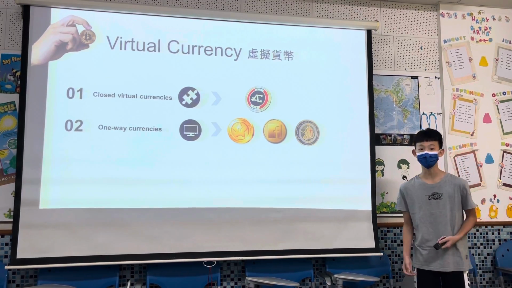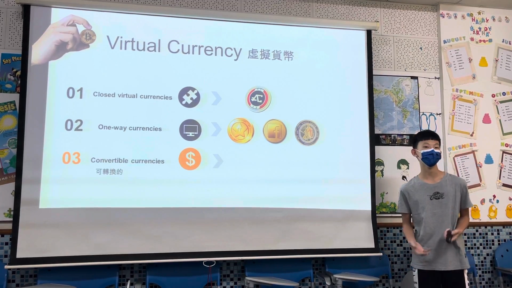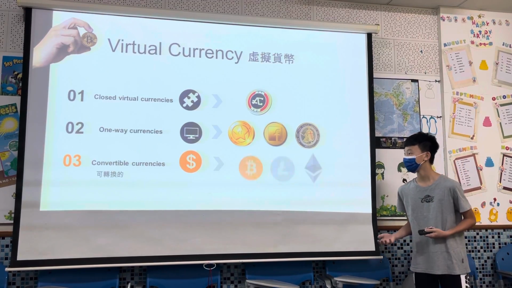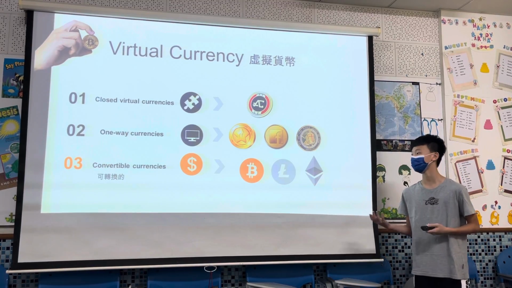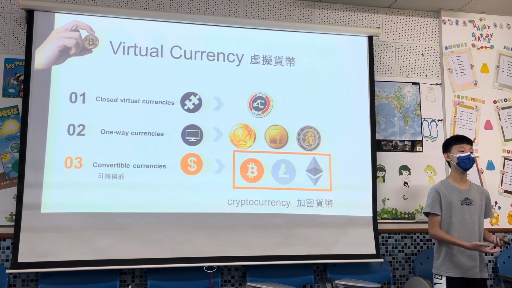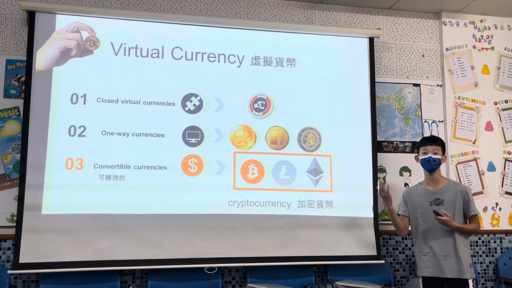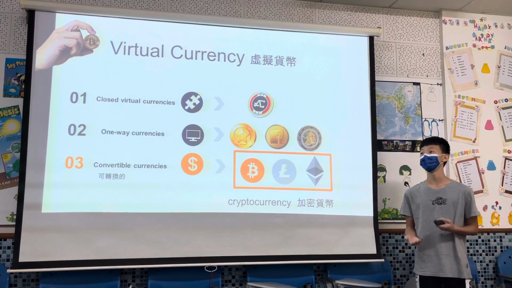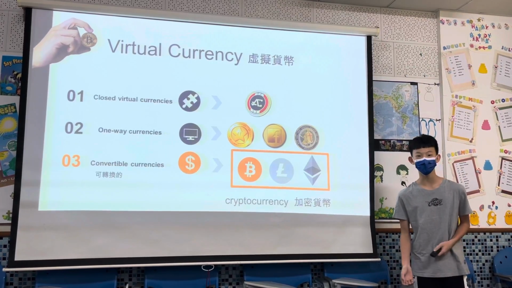The third category is the convertible currencies. The convertible currencies can be traded in and sold out. For example, Bitcoins, Litecoins, and Ethereum belong to this category, and we call them the cryptocurrencies. Most media often refer to cryptocurrencies as virtual currencies. But in fact, cryptocurrencies are only one of the subcategories of virtual currencies, and that's the very first thing we